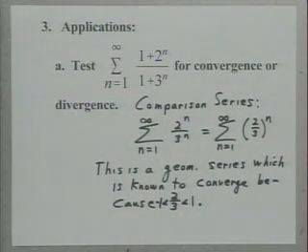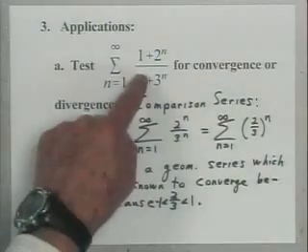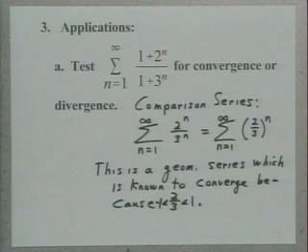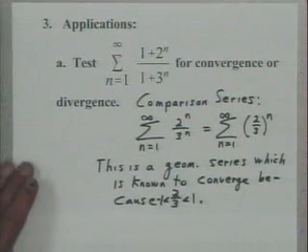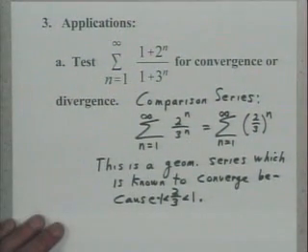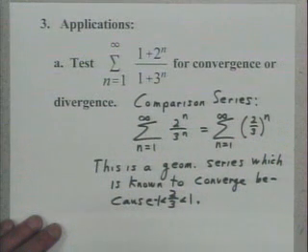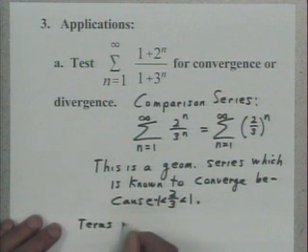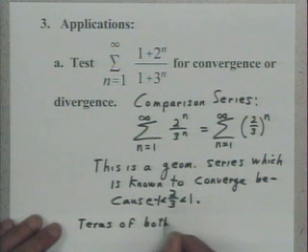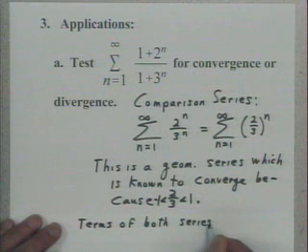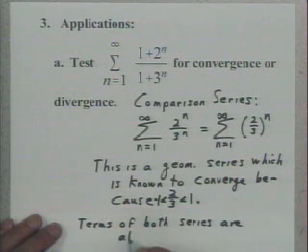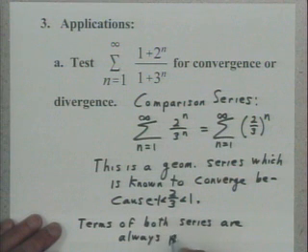Now, instead of trying to prove that the terms of my series stay smaller than the terms in the given series, I'm going to use the limit comparison test. But before you do, what are you supposed to establish? The terms stay... So you're supposed to make an argument. Terms of both series are always positive